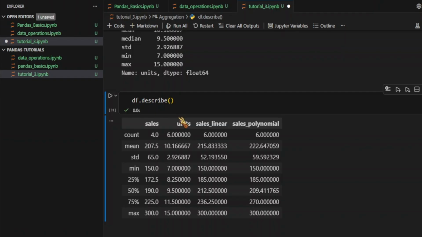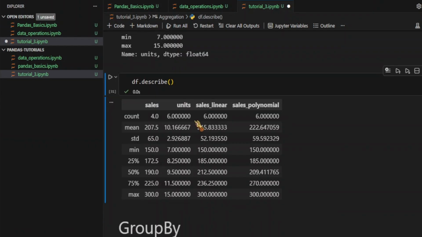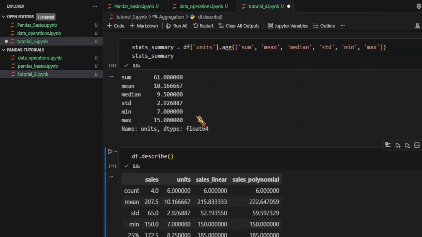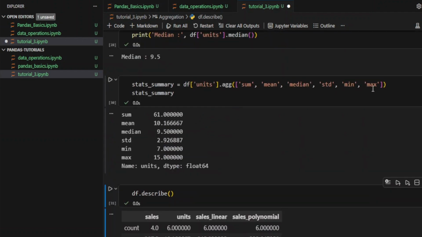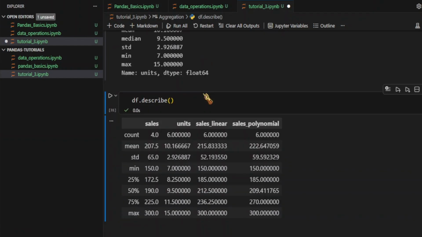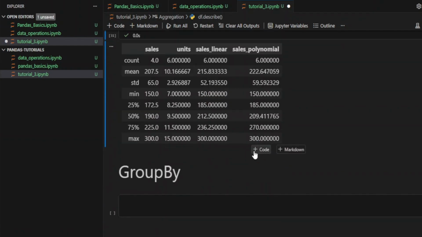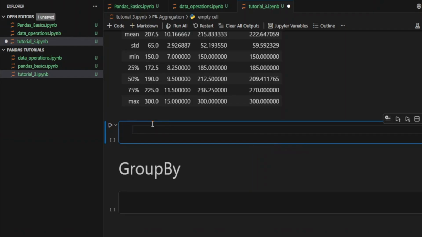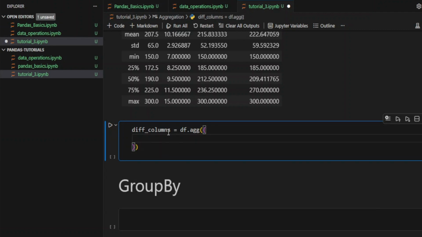Next is, you want to apply different aggregation functions to different columns. Here you can see you applied different aggregation functions on a single column, on the unit column, but you want different aggregation functions on different columns. So how can you do this? Like diff underscore columns is the variable, and let's start doing it. df dot agg is the function, and pass inside in the form of a dictionary. So first, suppose you want to